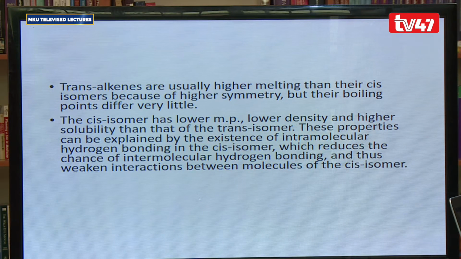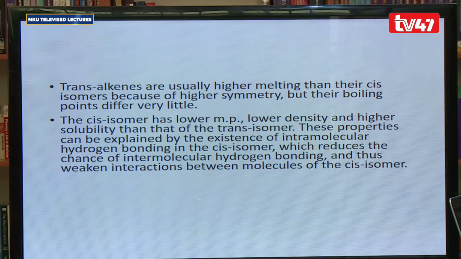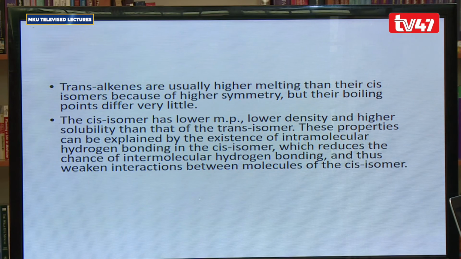Now, generally, in terms of physical and chemical properties, alkenes, just like alkanes, are insoluble in polar solvents. They have low melting and boiling points compared to their counterparts, that is, inorganic compounds. And this is because, similar to alkanes,